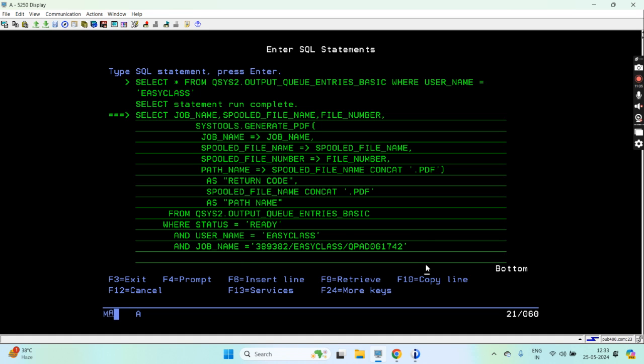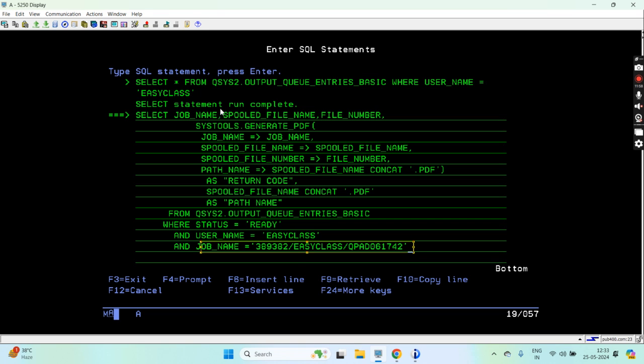This is needed because the view may contain several other spool files for my user profile that have already been generated with different sessions or different jobs, but I don't want them to be printed. I want to print only this job's spool files to one of my locations on the stream file